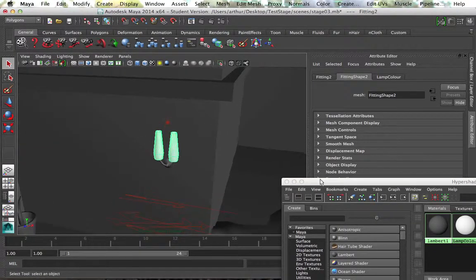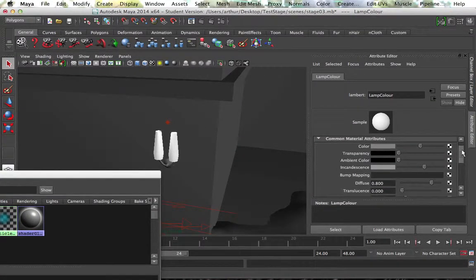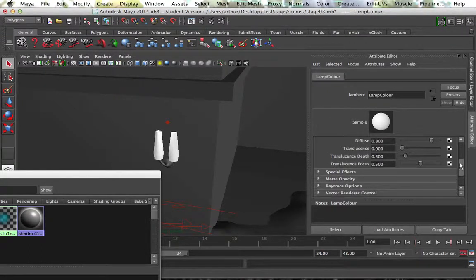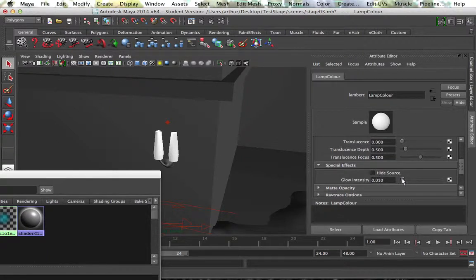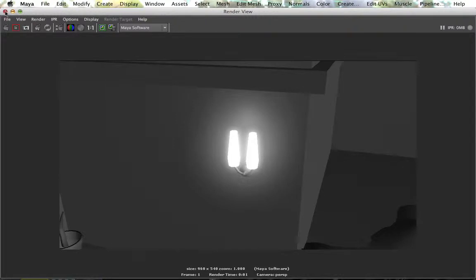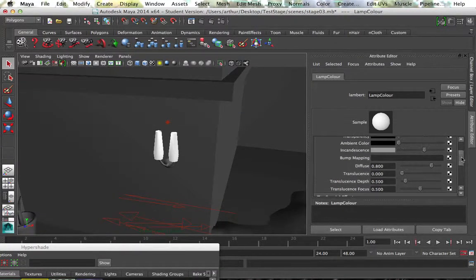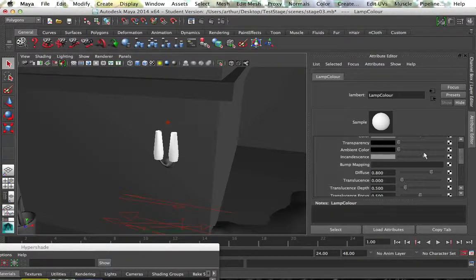So what we can do in this case is, still in the material properties, I'll scroll down and open up special effects, go to the glow intensity slider, increase it a little bit, and then I'll render again. It's starting to glow a little bit. Now this glow intensity is a post-render effect, meaning that once the view renders out, this glow is placed on top of it. So what I'll do is tweak these parameters a bit, a little bit less glow, a little bit less